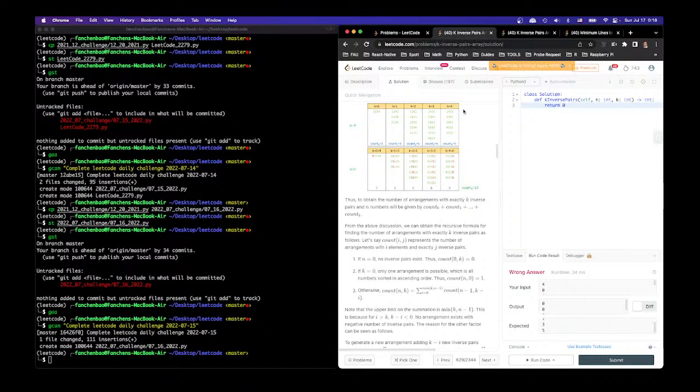And they will add to my current k. Yeah, they will add to my current k value. But that's like all of them will add to the k. But what about k plus 1? So I have to do this, add to this. And if I want to do k plus 1,